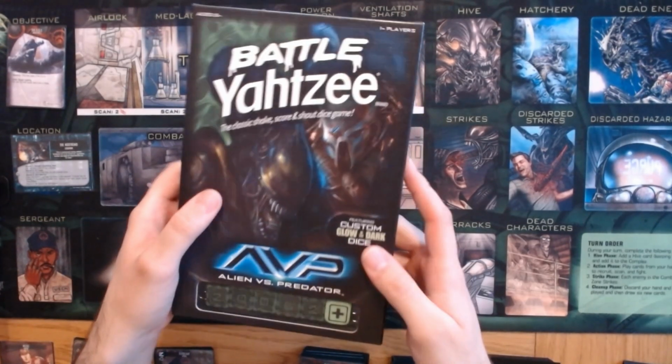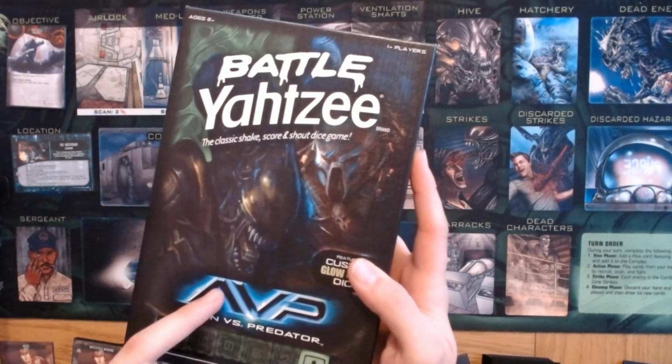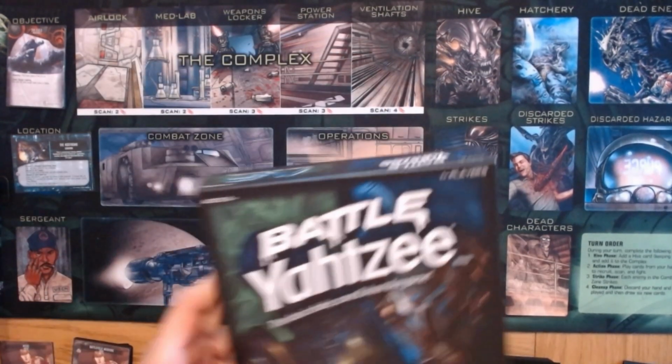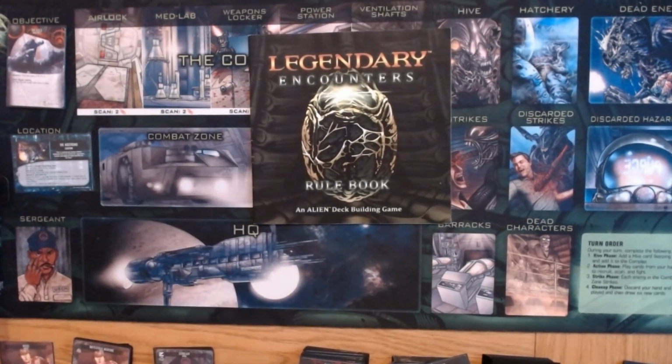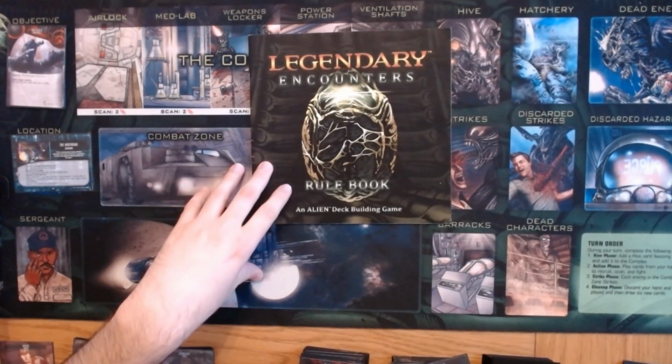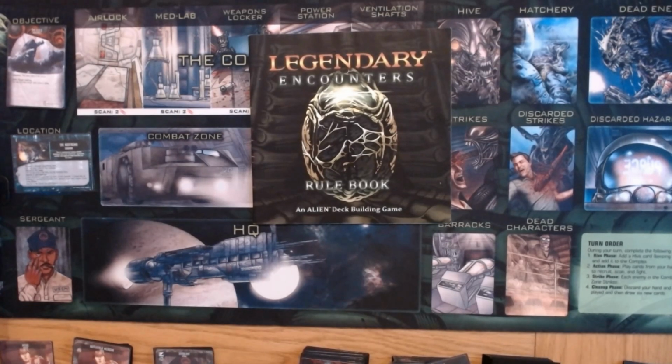Where's my keys? In all honesty, I've not played this. I bought this. It's been sat in my cupboard for a while now. Now, if you've seen the title or the cover image or you recognise some of the artwork, we are playing Legendary Encounters Alien. So, what's finally got me off my arse and making me do this is the fact that